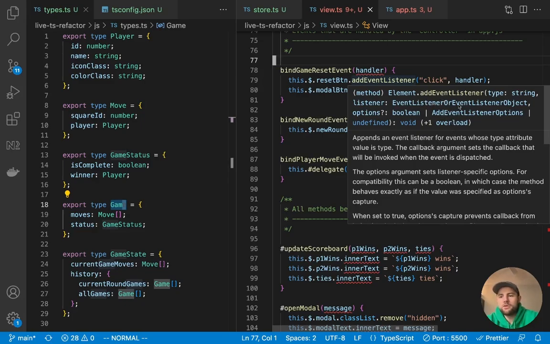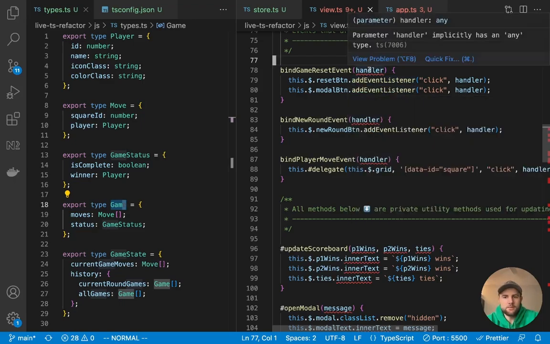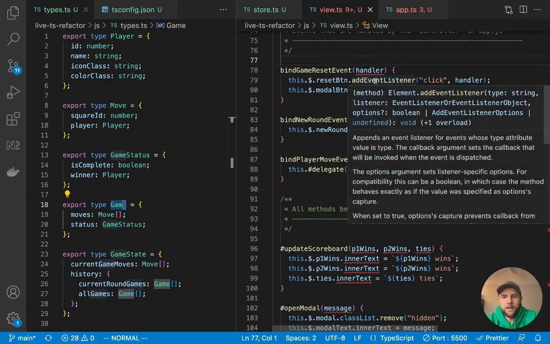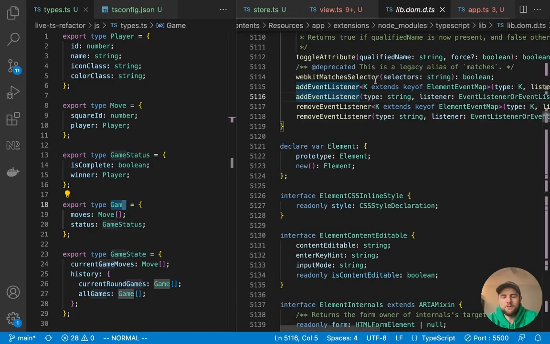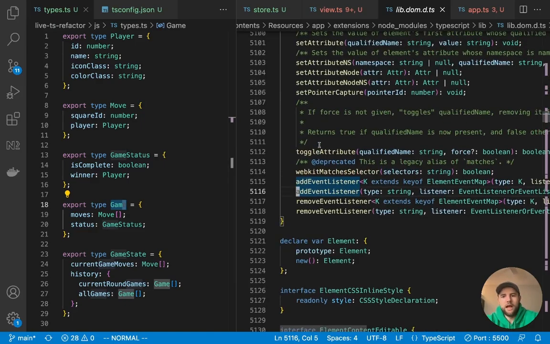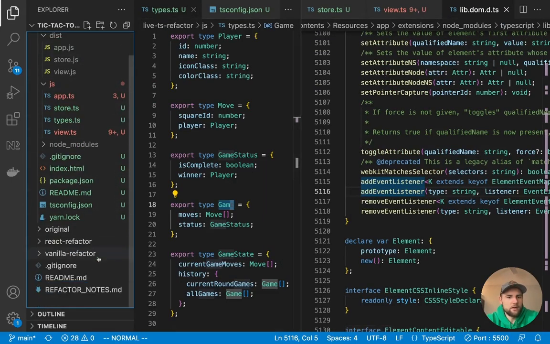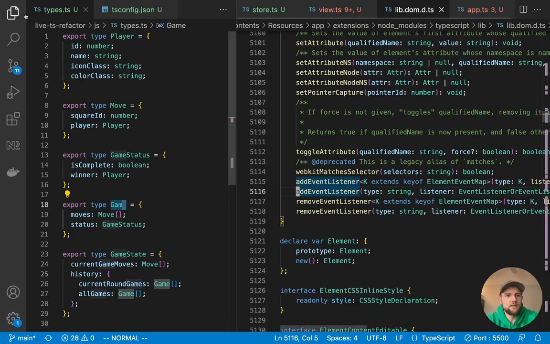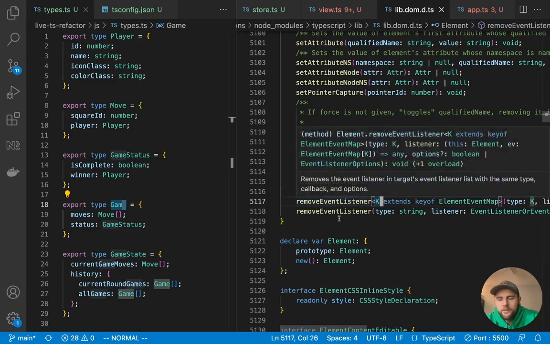But one thing you can do to zoom in on some types, let's command click on add event listener, and this will take us to lib.dom.d.ts. These are the typings for the DOM that are basically provided already to us. And if we open up this in the file pane, I don't even think you're going to see it because I believe this is built into VS Code just to give you these typings. I could be wrong on that.